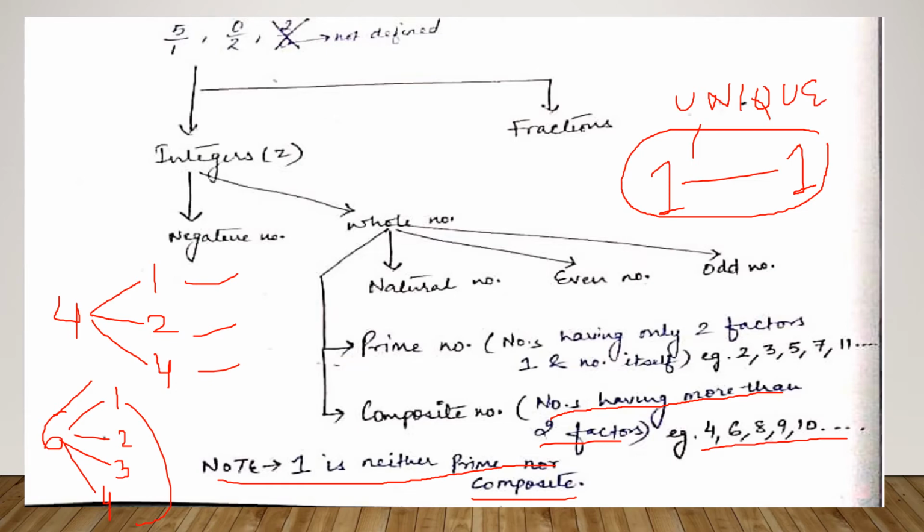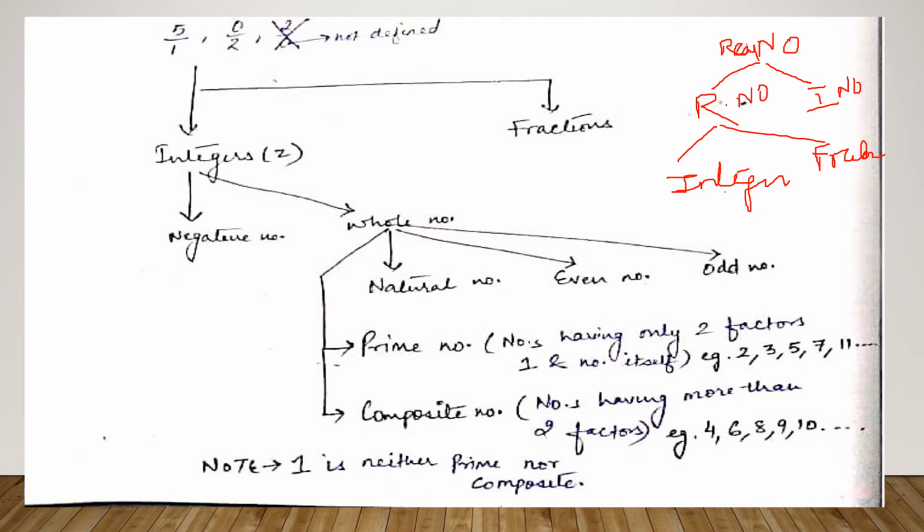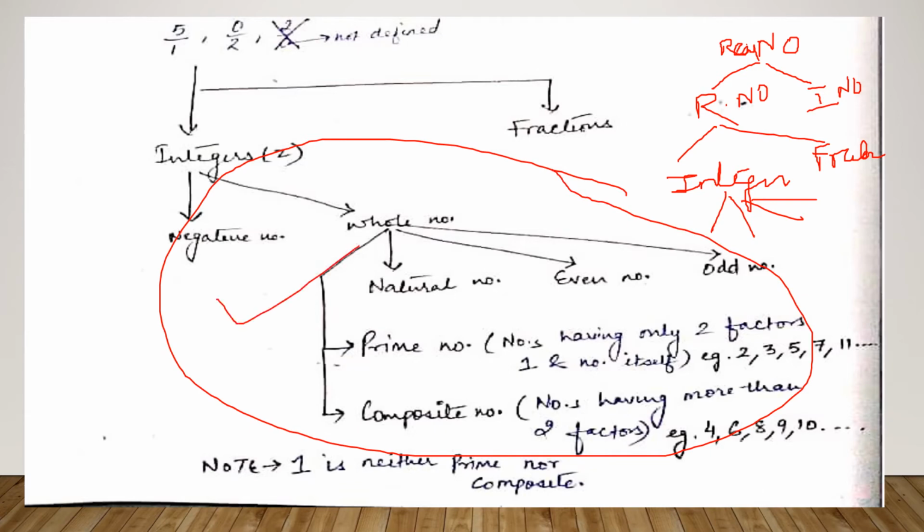So finally, what we have done till now: numbers, the main type is real number. Real numbers have two types, rational numbers and irrational numbers. In rational numbers, we have divided it into integers and fractions. Then in integers we have studied all of these numbers. Whatever we have done till now comes in integers only, and fractions are numbers like 2 upon 6, this kind of numbers.